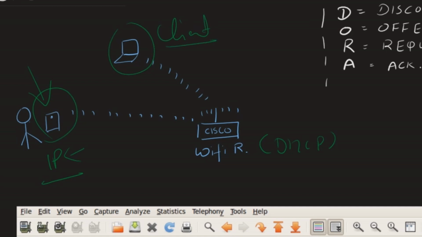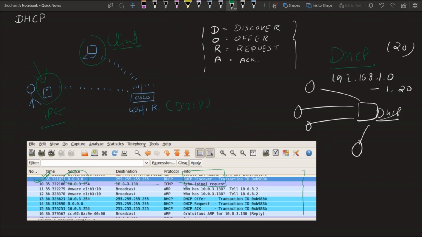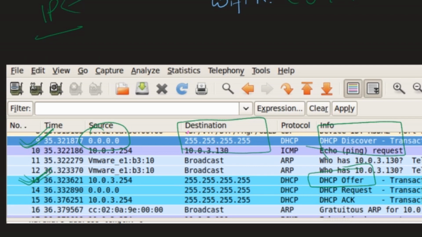The client will request an IP address, so it will broadcast a discover message. Broadcast means 255.255.255.255. It will send a broadcast message to all the devices on the network. The DHCP server will see that broadcast message and respond with an offer message, which you can see in packet number 13 here. In the offer message, the source will be the IP address of the DHCP server.